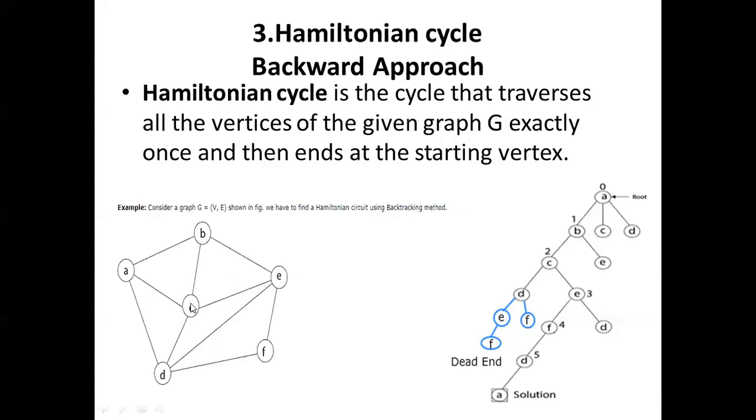From C, which are the neighbors? A, there is an edge. B, there is an edge. D, there is an edge. E, there is an edge. I do not want to worry about A and B. Why? Already above I visited. Just see the tree from the root to that particular node. Above, A and B I visited. That's why I do not want to show A and B. Remaining, how many vertices? One is E and one is D. Based upon alphabetical order, again D I wrote on the left and E here. Then the number 3 is written here. I will say here 3 is the next one.